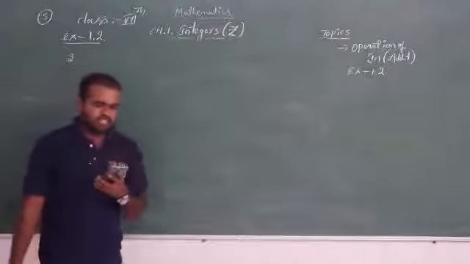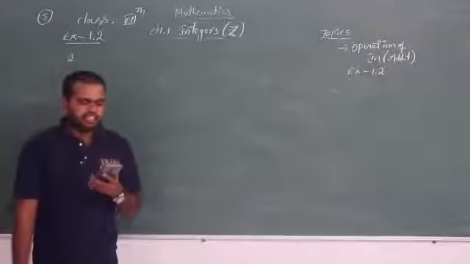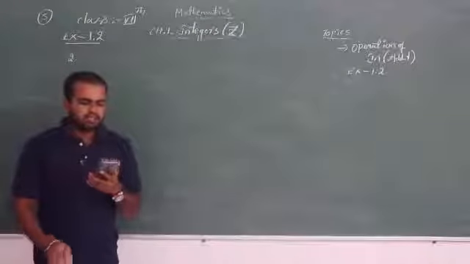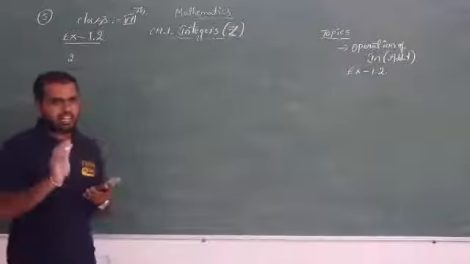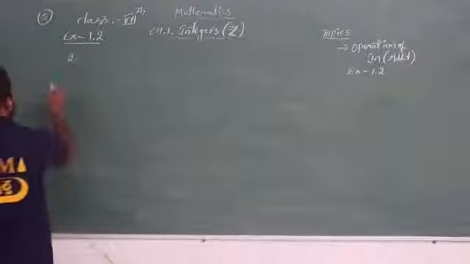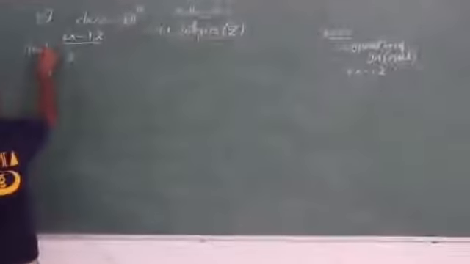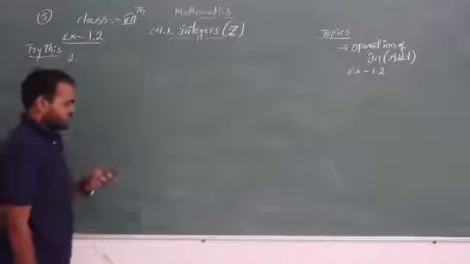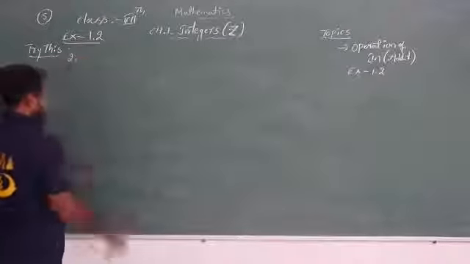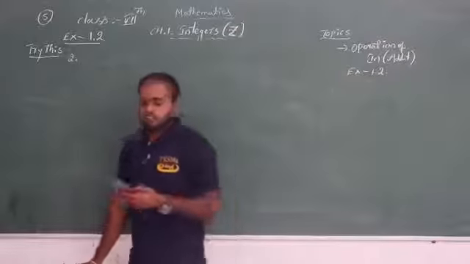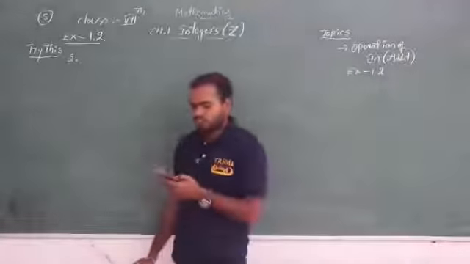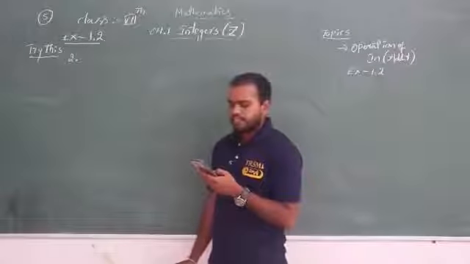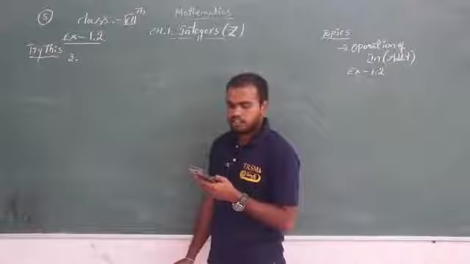See the second question. What is that? Sangeeta said that each time you add two integers, the value of the sum is greater than the numbers. So understand the question, what Sangeeta is saying. It is a Try This problem from your textbook. Okay. So the second question means Sangeeta is saying something. So we have to check whether what she is saying is correct or not. So now see the question. Sangeeta said that each time you add two integers. Okay.